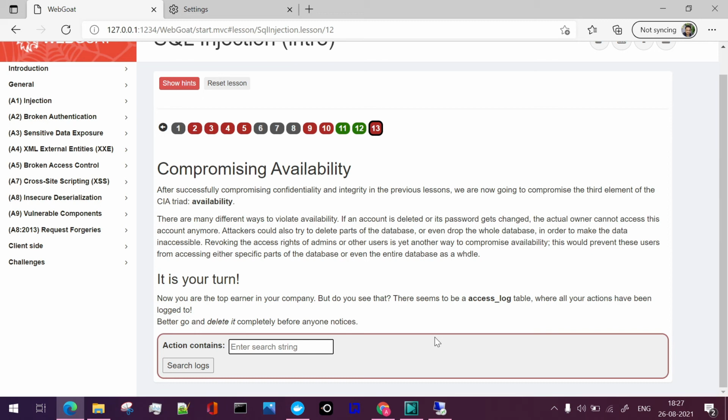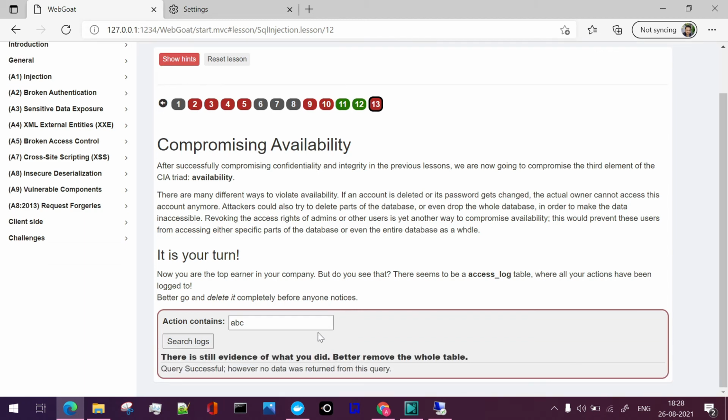To delete it, obviously we can just use a query. There is a section here to search the log: we just have to add some string and click on search log, and then there will be some evidence. As we have been asked, we'll again follow the same query chaining mechanism.